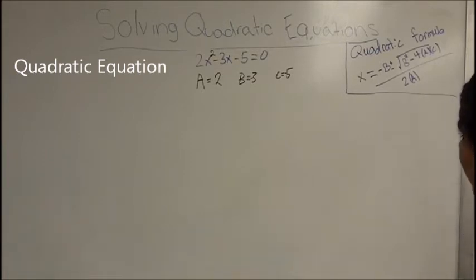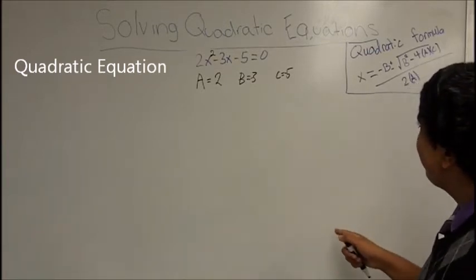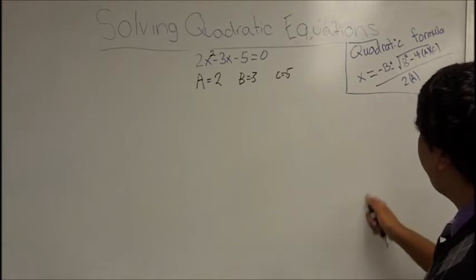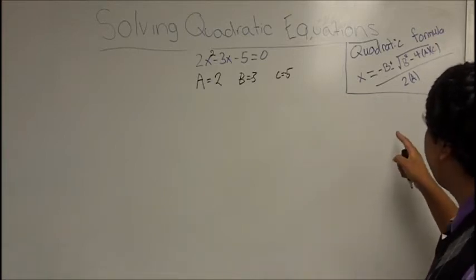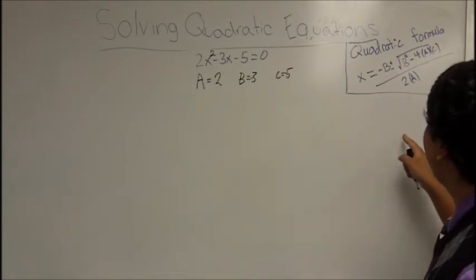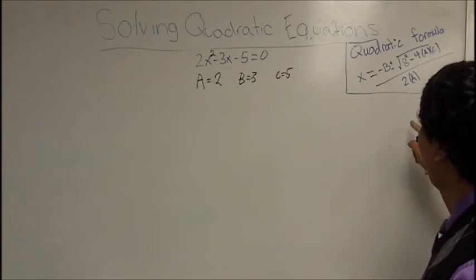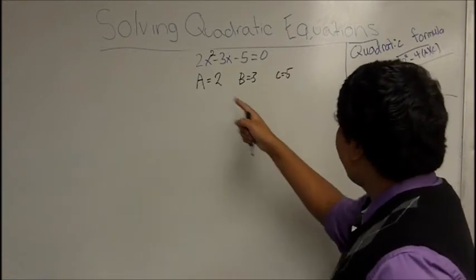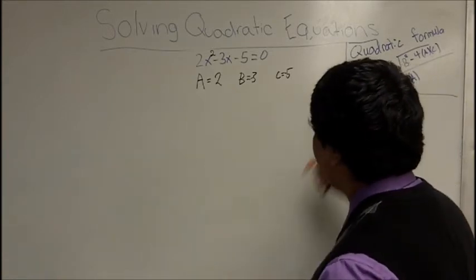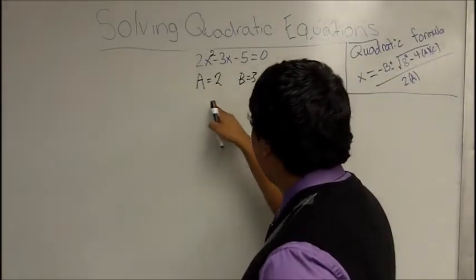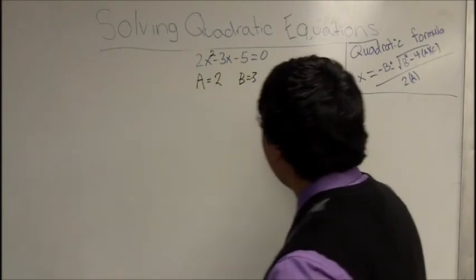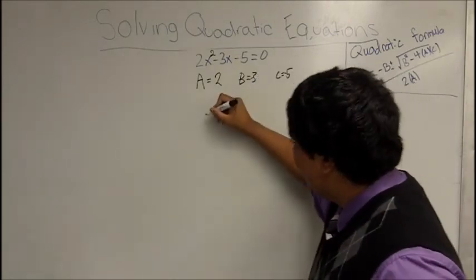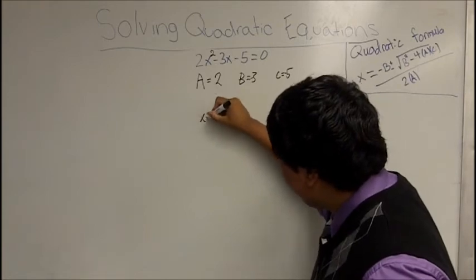Alright, now we're going to be solving quadratic equations using the quadratic formula method, which goes as so. x equals negative b plus or minus the square root of b squared minus 4ac all over 2a. So now we need to input the variables of this equation into this. We know that a equals 2, b equals negative 3, and c equals negative 5. And so we can already rewrite it as x equals